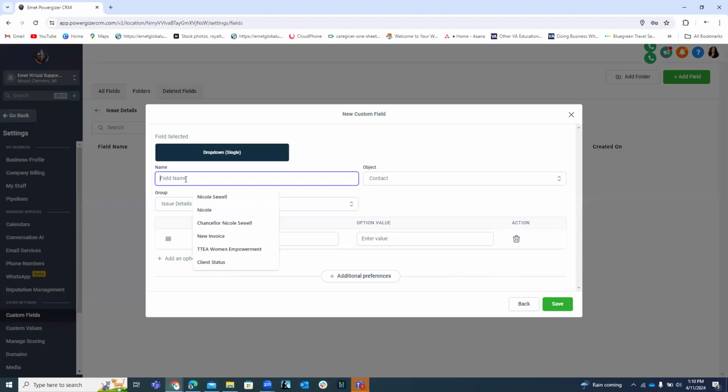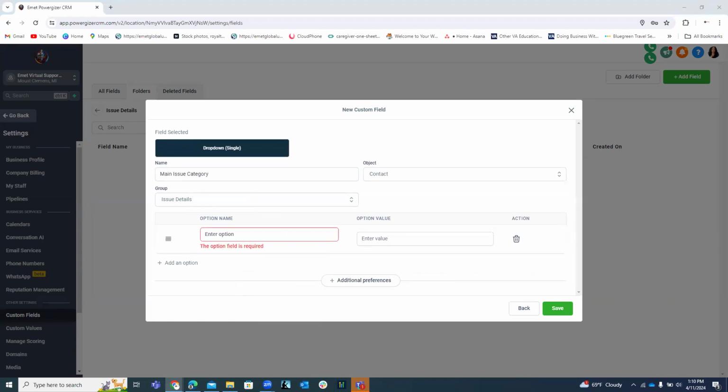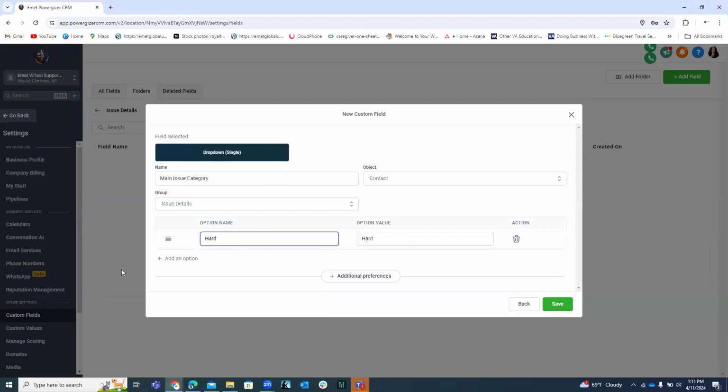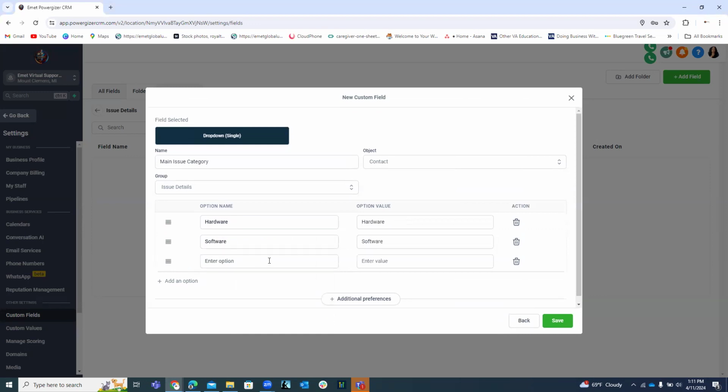All right, so main issue category. Because you want to try to help your tech support as much as possible, find out exactly what's going on, because some words are used in hardware, then there's some used in software. So the first thing you want them to select is, is it a software issue or is it a hardware issue, right? Or maybe it's a network